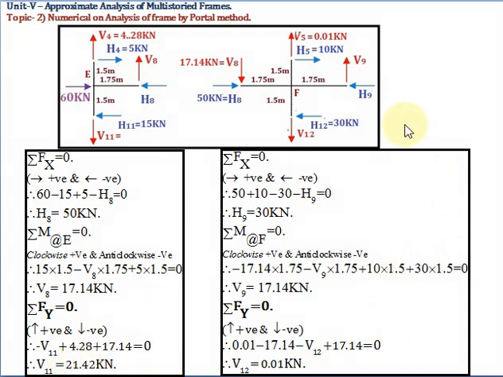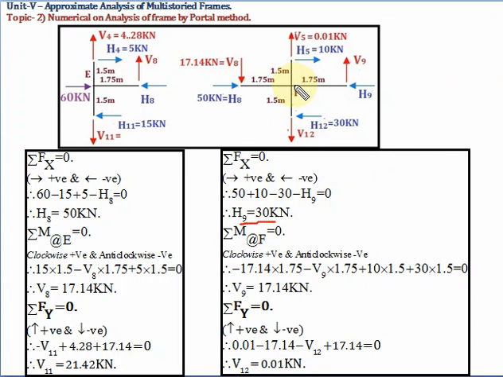Now consider the free body diagram of joint F. Here the forces that are known to us are V8, H8, then V5, H5 and H12. Now we have to find V9, H9 and V12. So apply the first equilibrium equation, summation Fx equal to 0. What are the horizontal forces? H8 is 50 acting towards the right, plus, then 10 acting towards the right, plus. Now H9 and H12 are acting to the left hand side, so they are minus. So minus 30 minus H9. Here we'll get the value of H9, that is 30 kilonewton.